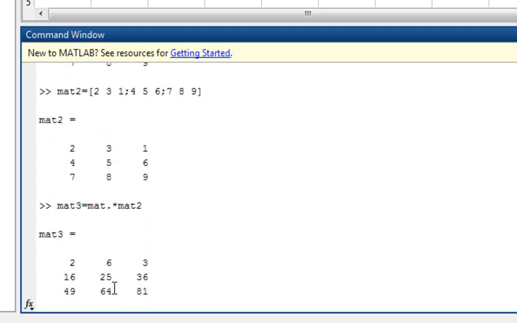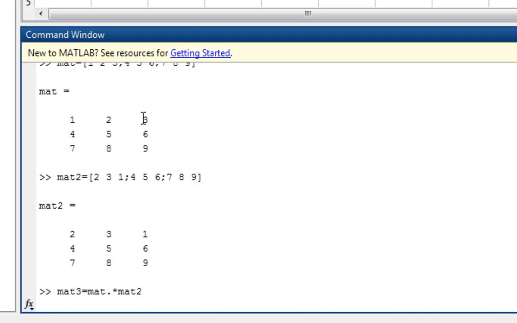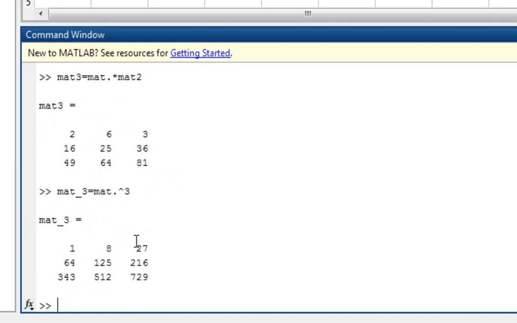And 3 cube is basically 27. So here you can verify. Let's do it another way. mat underscore 3